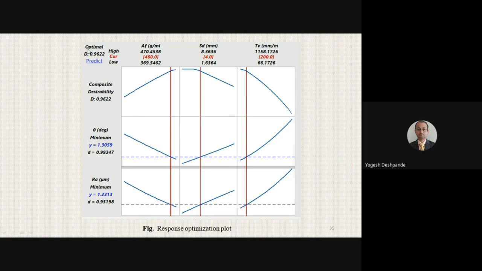The optimum desirability of 96.22% is achieved with a flow rate of 460 gram per minute, standoff distance of 4 mm, and travel speed of 200 mm per minute, which predicts theta of 1.3059 and Ra of